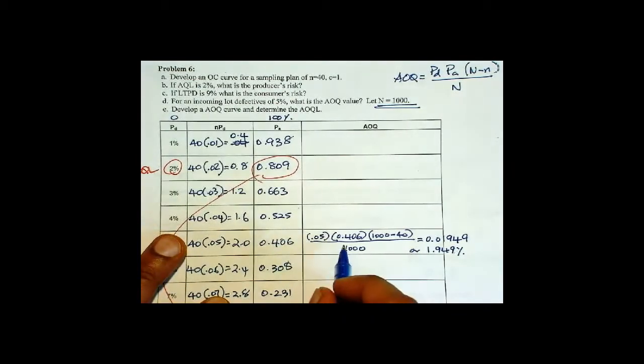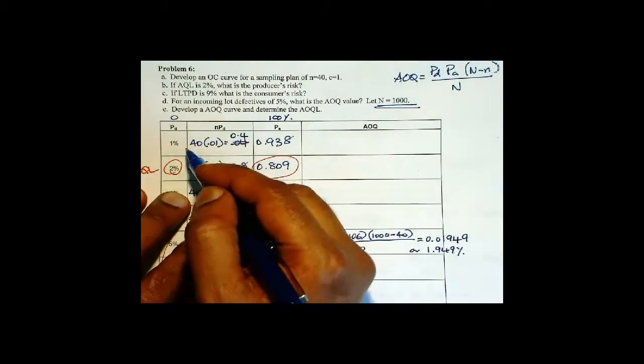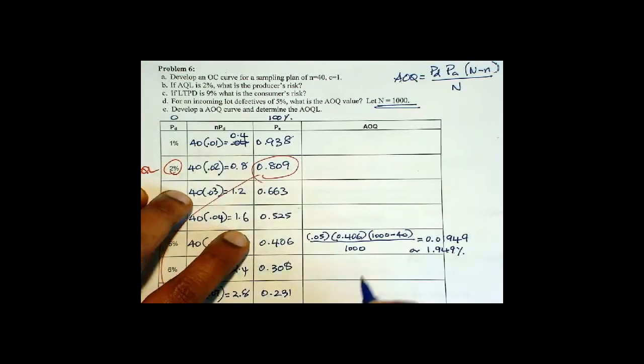Okay. If you do the same computation for the other P sub Ds, then you get